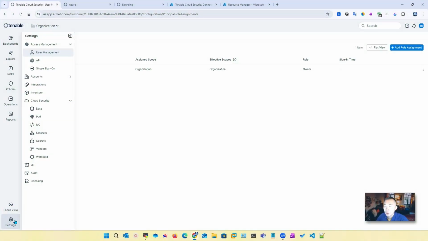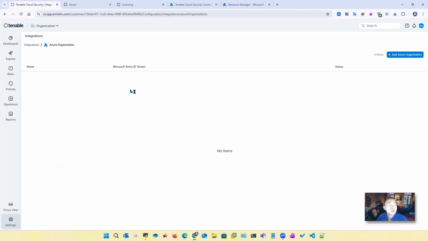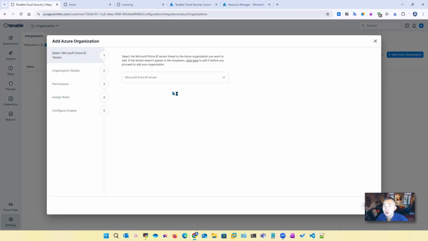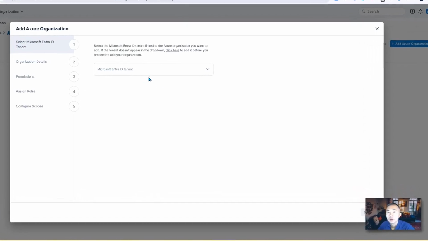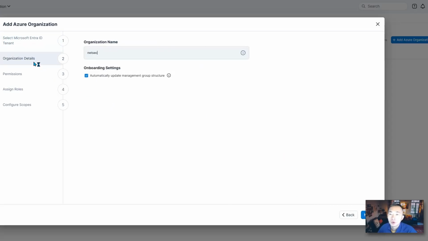Next step, we're gonna do the organization. So let's go to the settings again. Integrations, Azure organization, add Azure organization. So what we're gonna do is pick the Entra ID we already connected, then go to next step, organization details. We gave it the name NetSec, which automatically updates the management group